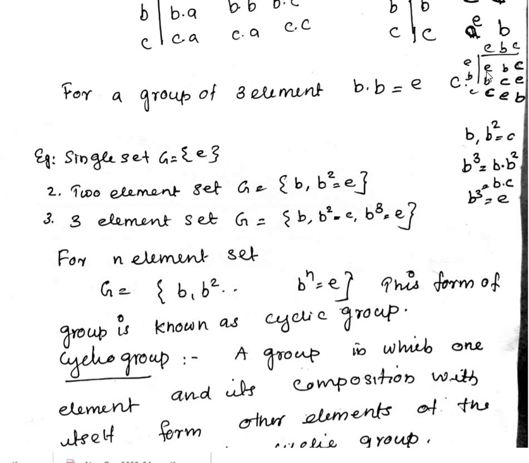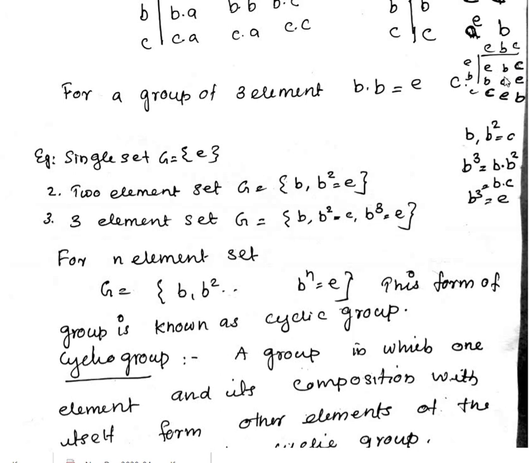So let us consider this row. Here the elements are different: E, B and C. No repetition in this row, also in this column. Let us look at this row. There is no element repeating here, just like all the rows and columns. Each element appears only once in each row and in each column.